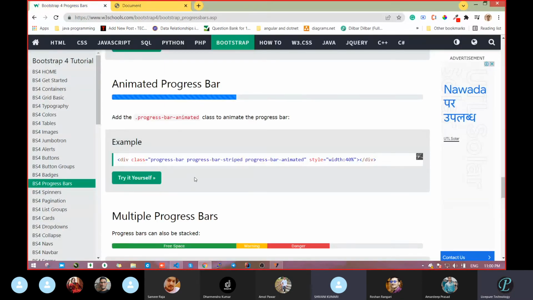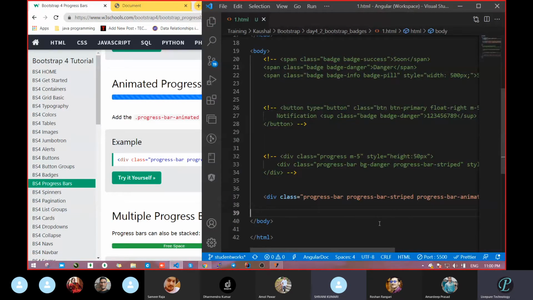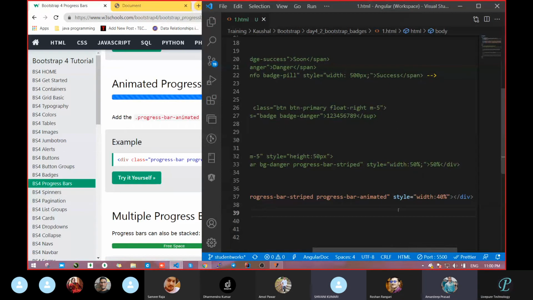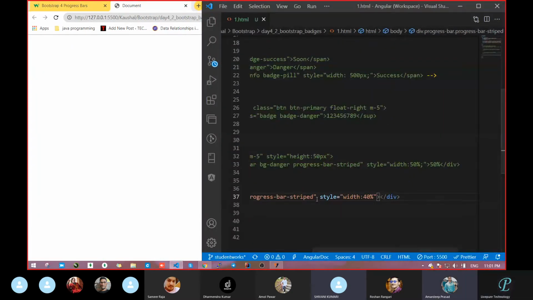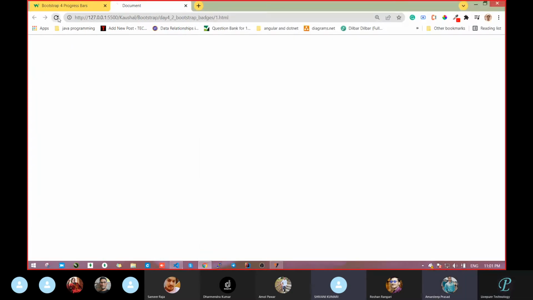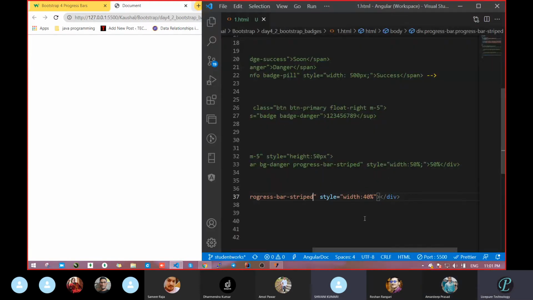Yes, so right now, progress bar striped. Sir, we can check the CSS now. What CSS Bootstrap applies by using this class name. Yeah. So we will get an idea, sir, of how they have implemented it. That's correct. You are too genius. And you can copy all the things and make that your own bootstrap. We can do that.